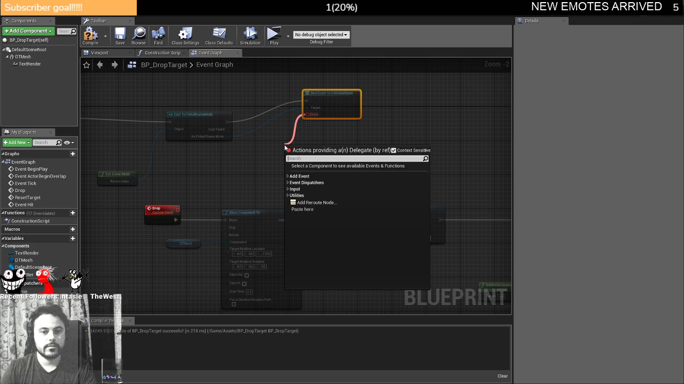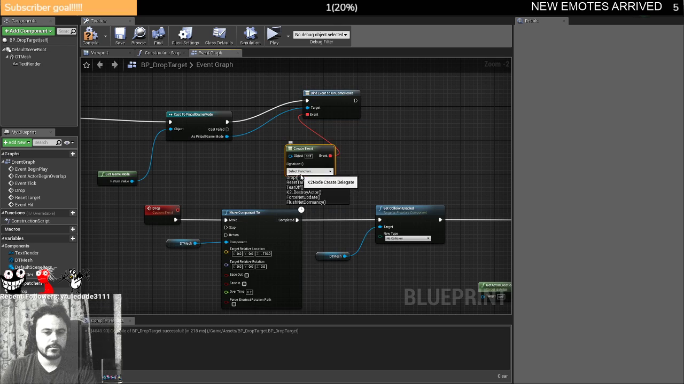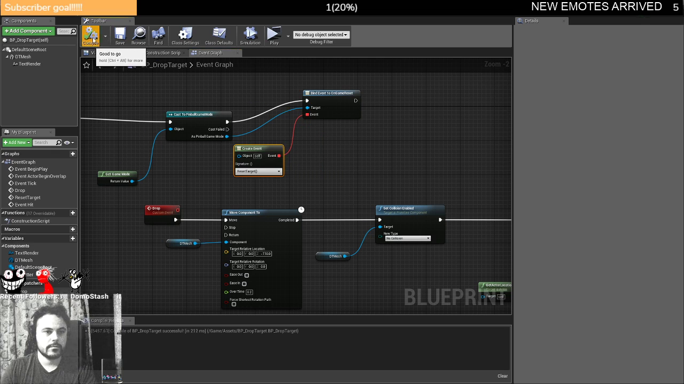Wait, what? Add event. Wait. Create event? Reset target. Back up to the top. So with that done, we should be ready to test this out. So if I were to hit play,